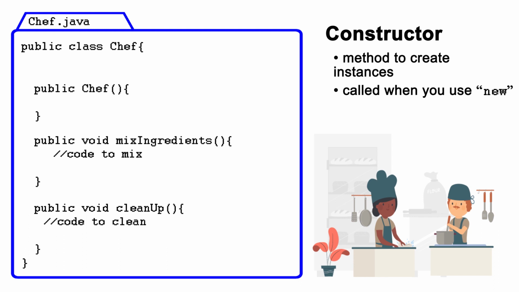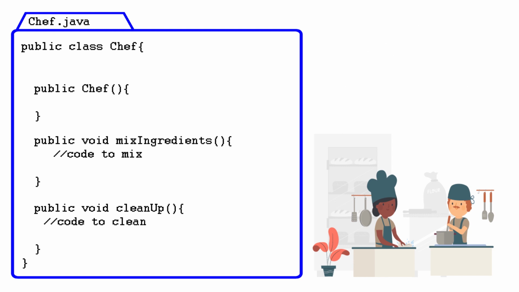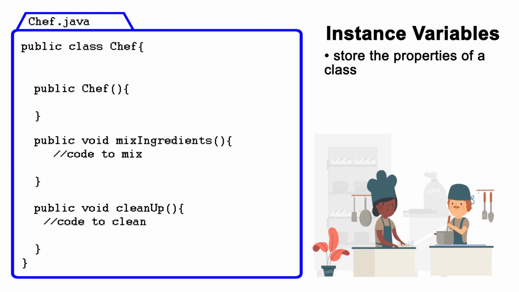This is the method that is called every time you use the new keyword to instantiate, that is, create an instance of, a class. The main purpose of a constructor, as its name implies, is to construct an instance of the class by initializing, that is, giving starting value to, all of our class's instance variables. Instance variables store the properties of a class, and unlike local variables, instance variables can be used in any method